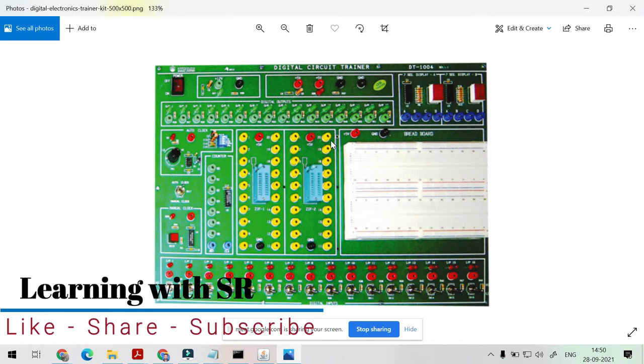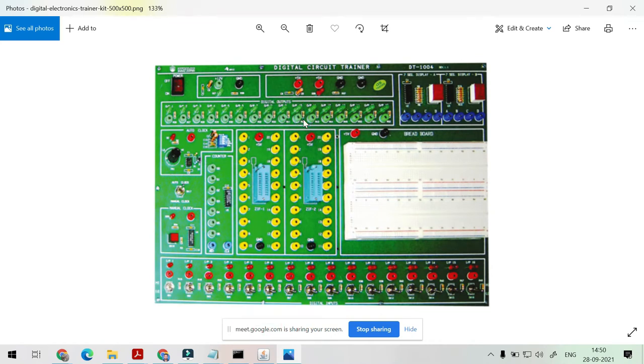Java Blackboard kit. Here we will perform all the experiments in the lab. What you have to do is supply the input, and you will get the output across these terminals. So for this virtual lab, we will perform all these experiments in our Blackboard, not on this kit.